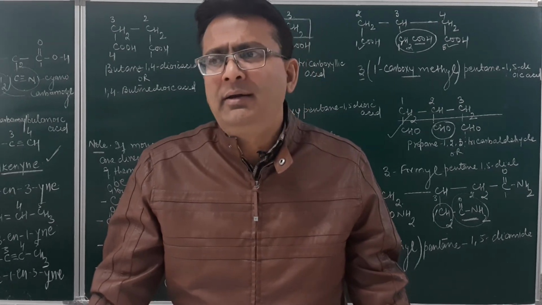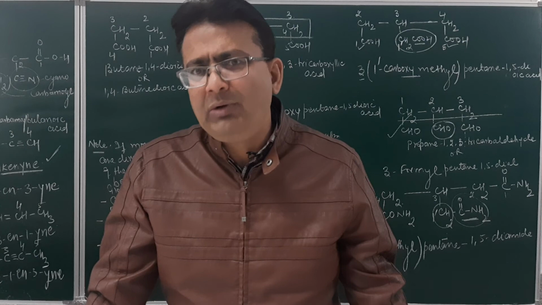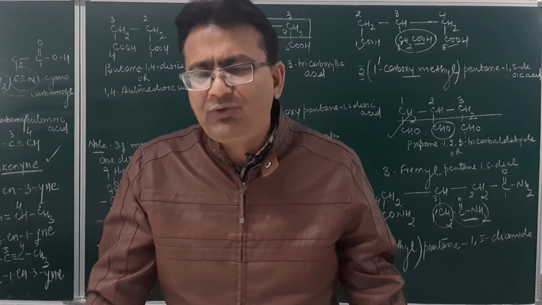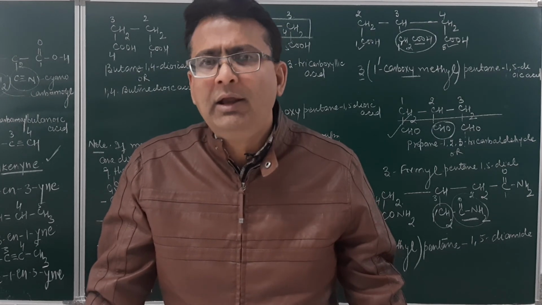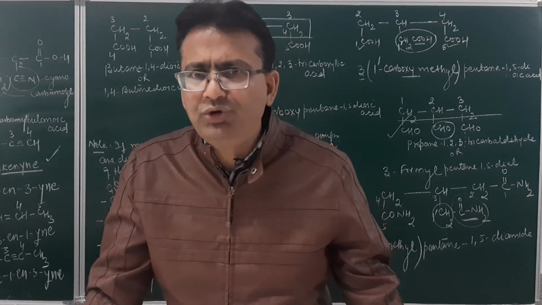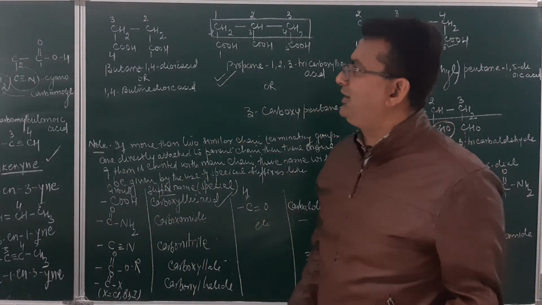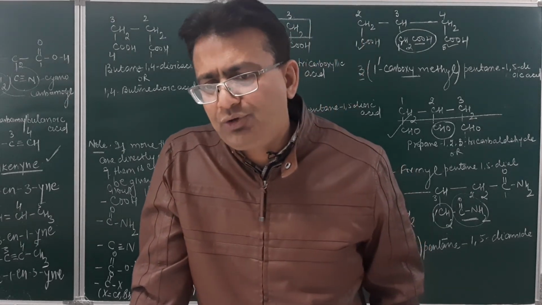So these variations in the rules are to be observed when there are polyfunctional groups present in an organic compound. Remember, when there is more than one functional group, the senior functional group will be selected as per the seniority table, which will give the suffix name, and the rest will be assigned prefix names and treated as substituents, which will be prefixed to the root word. Is it clear, students? So I hope this nomenclature of polyfunctional compounds is very, very clear to you.